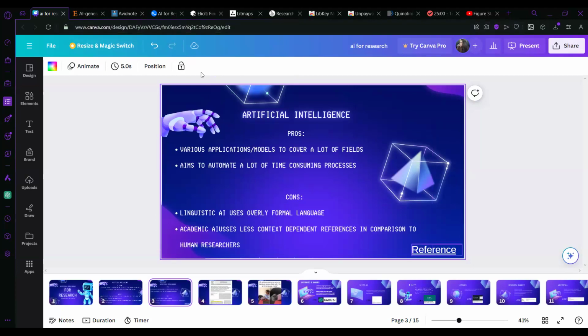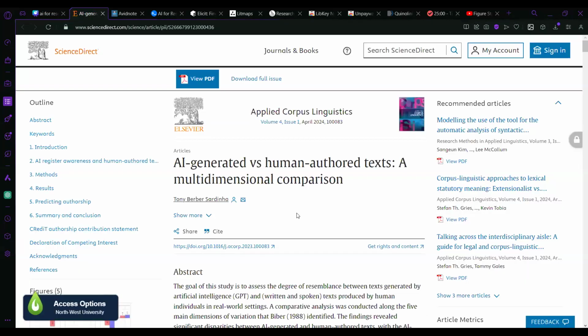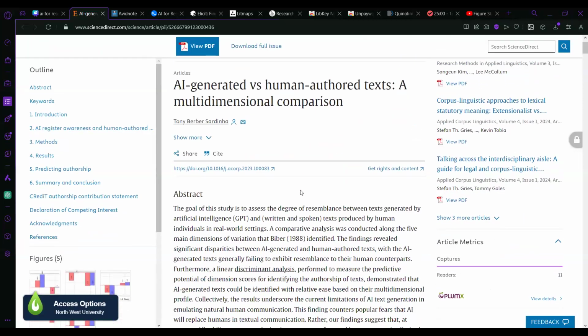I have a couple of references. One of them is this article. It's quite interesting. It's a good read. I have referenced it in the slides if you guys want to check it out. And then another